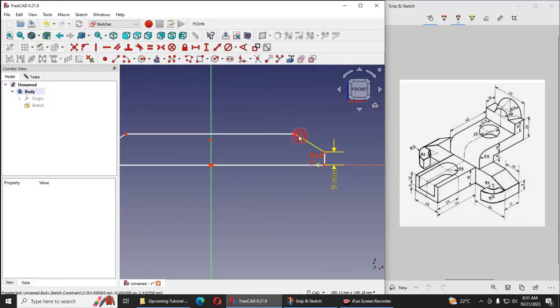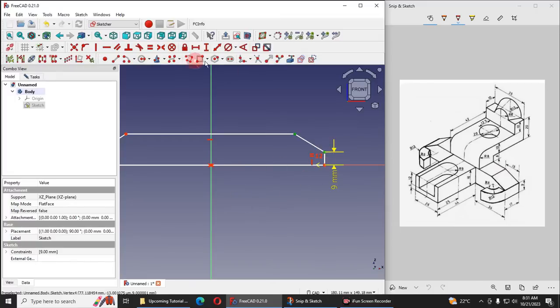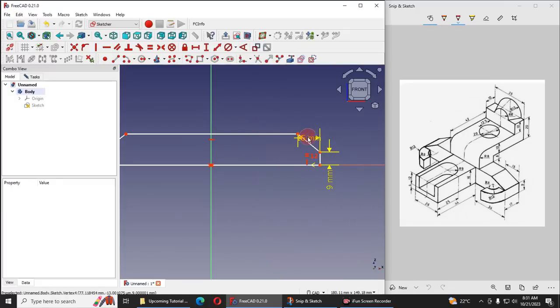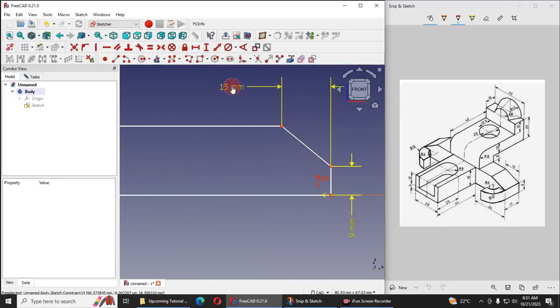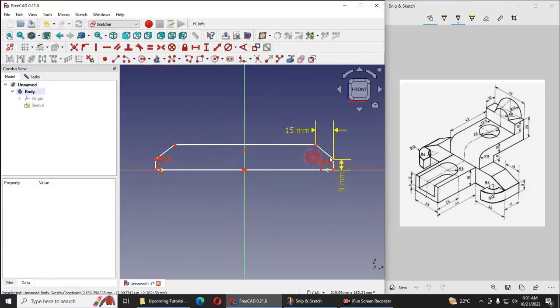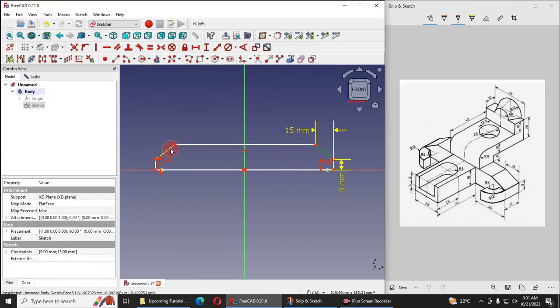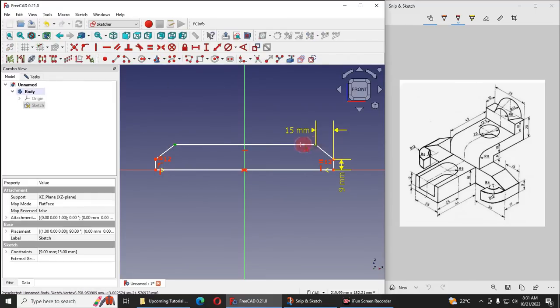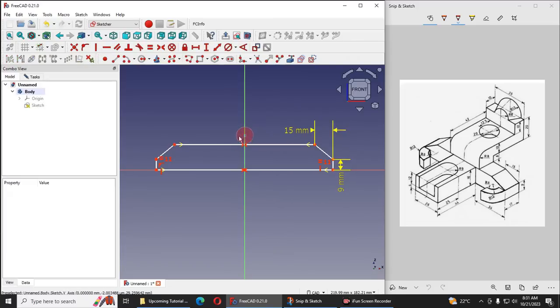Now this is the 15 mm, so I will select this point and give it 15. Now I will make this and this equal, or I can make this point and this point symmetric. So I will select this one and my middle axis. Okay,